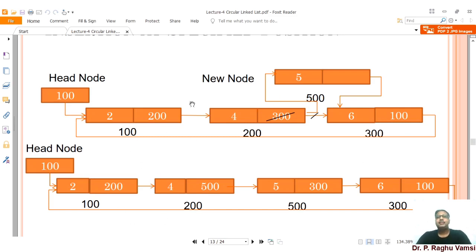So this is the way insertion at a position will be done, and removing a node at a particular position is also the same thing. You are supposed to traverse till position minus 1. If the position is equal to 1, obviously it is removing at the beginning. If the position is equal to the length of the list, it is removing at the end. And if the position is between the starting and ending position, the same operation that you do in the singly linked list, you do here also.